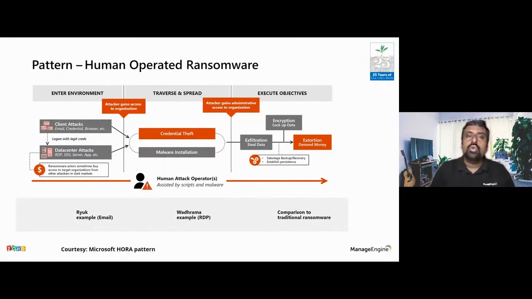So they use different tools and different terminologies. I'm not going to go into detail on those, because you can probably find this information online. If you search on the Microsoft site, they even list the different names of ransomware that you have to look for at your endpoint level, to understand whether it's at the environment entry level, or at the transfer or spread level. So there are different terminologies for how to understand and detect them. If you're interested, you could learn it.